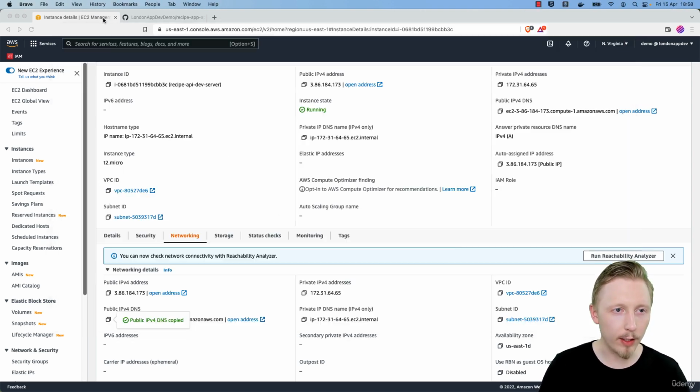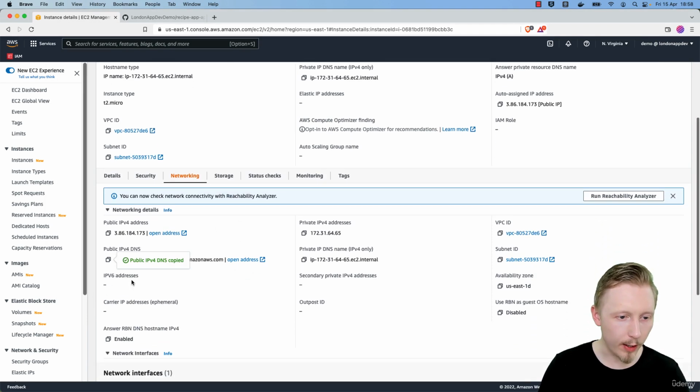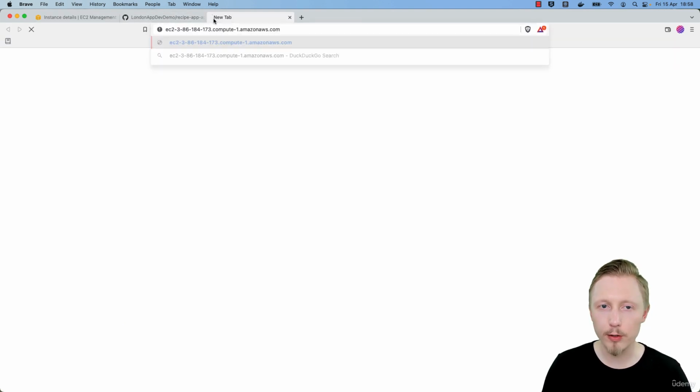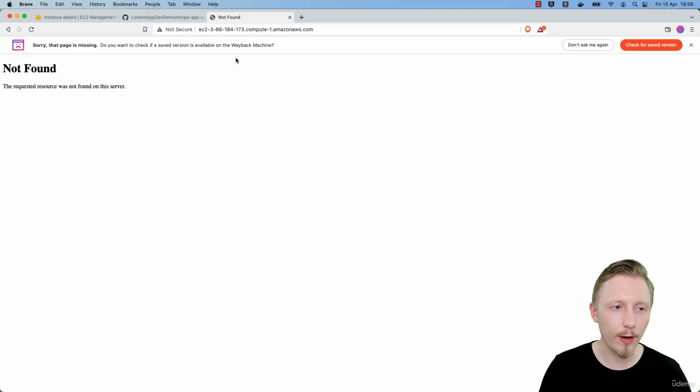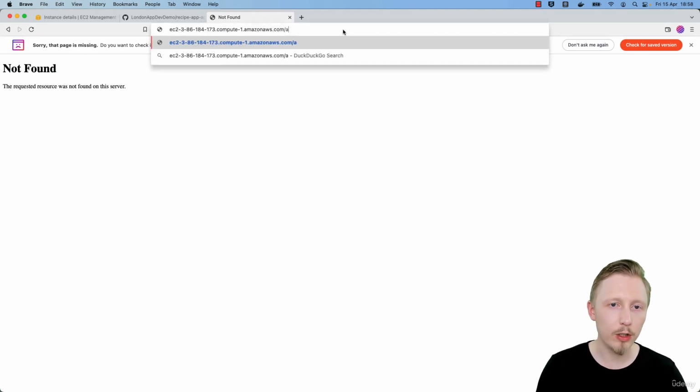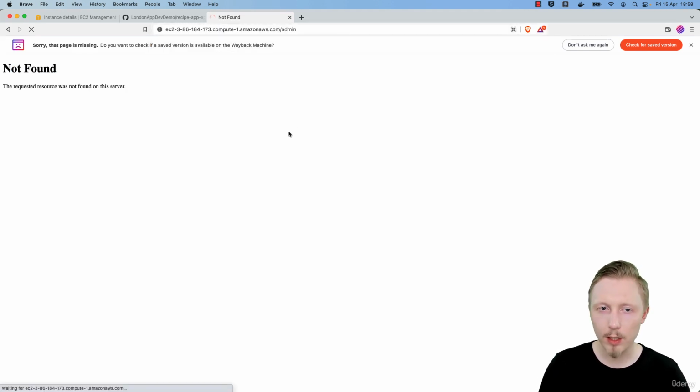So what we can do now is we can open up our console, and you're going to copy the public IPv4 DNS that you would have set in your allowed hosts. And let's go and see if this runs. So we should, in theory, be able to connect to it. Yes, so this is what we would expect, a not found, because we don't have anything configured at the root of the resource here. So if we just do /admin,